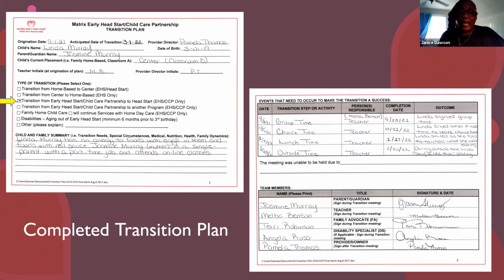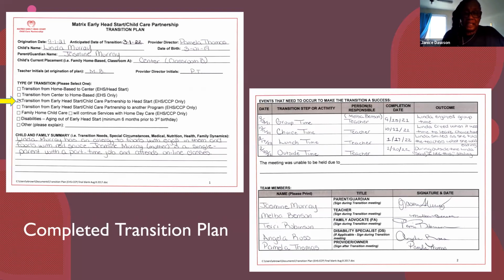So then you will follow that down. You see choice time, lunch time, outside time. All of the dates are the same because it's the same day. We chose, and it always should be, that the child experience different times of the day when they go to a transitioning room. The spot that says the meeting was unable to be held due to, sometimes due to COVID